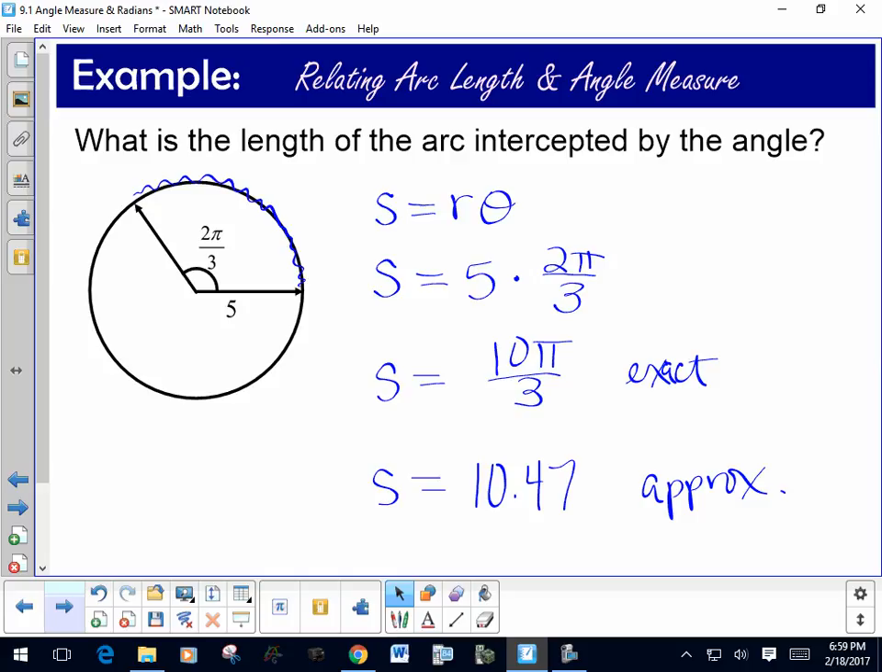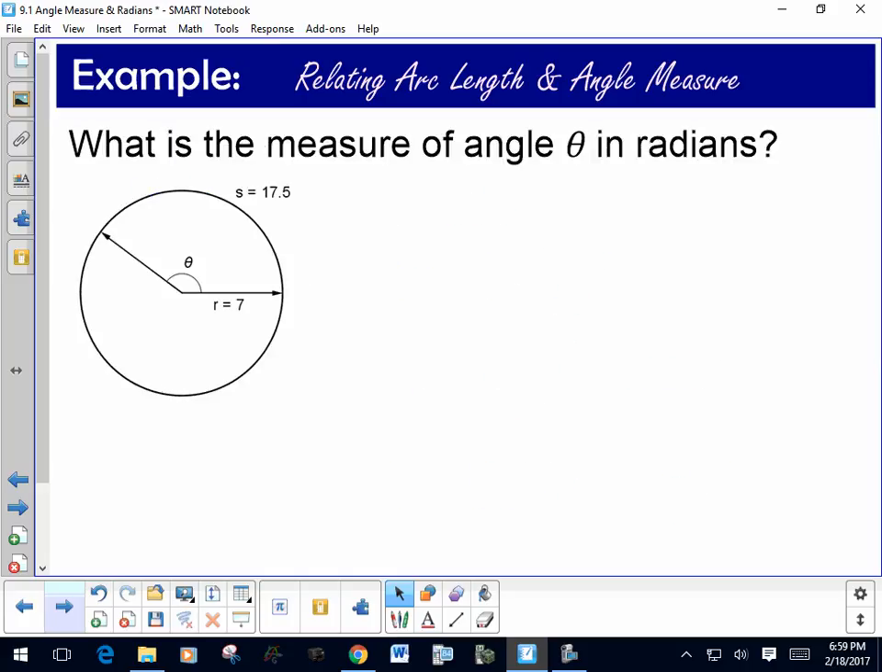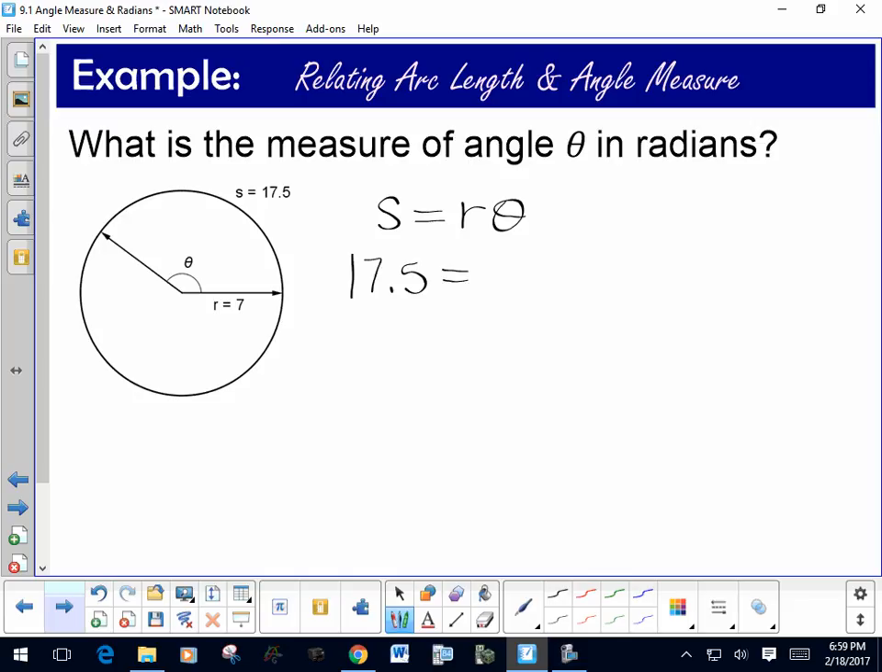We can also use this formula if we know the arc length and we want to know the angle. So the formula is S equals r theta. In this case, we know the arc length is 17.5 and we know the radius is 7. We're trying to find theta. If we want to solve this formula for theta, we just divide by 7. And we find that 2.5 is equal to theta. That's 2.5